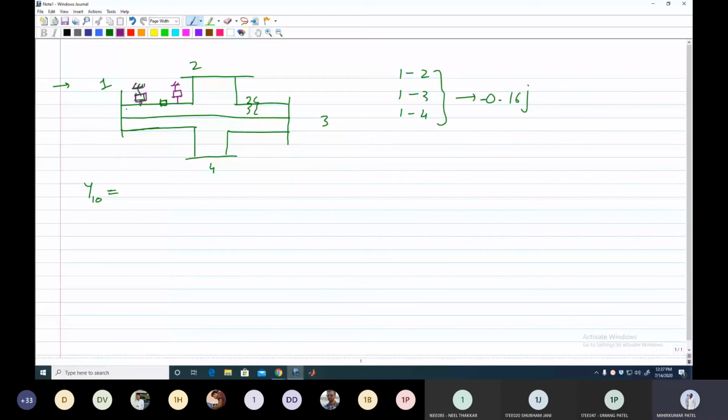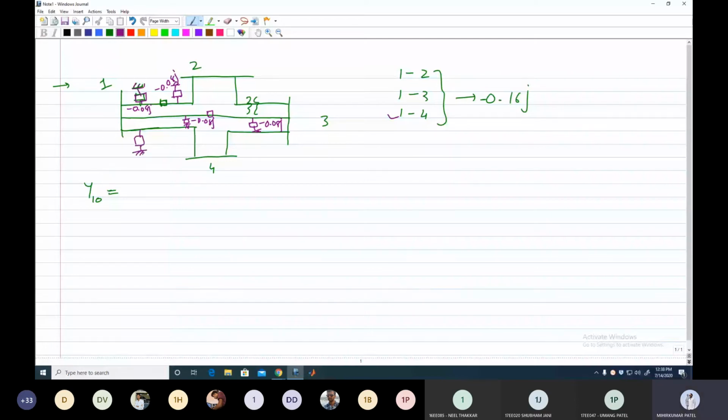So at this side it is minus 0.08j. Similarly here also it is minus 0.08j. Same way for line 13, here it is minus 0.08j, and similarly here it is minus 0.08j. Clear? And for line 14,